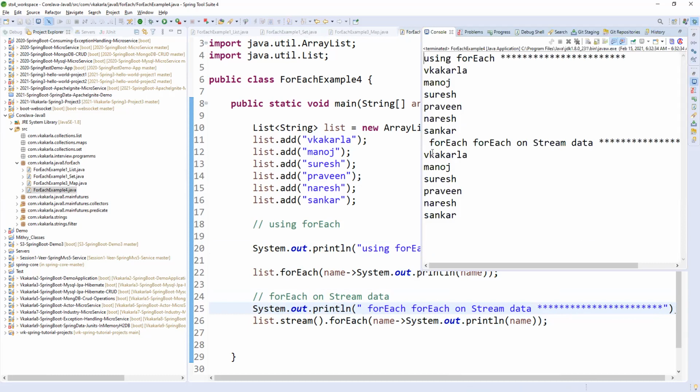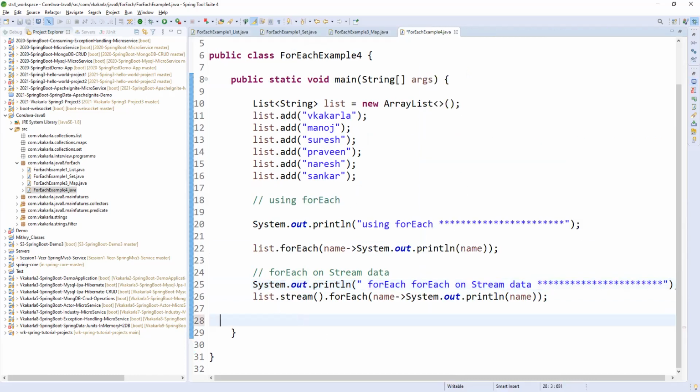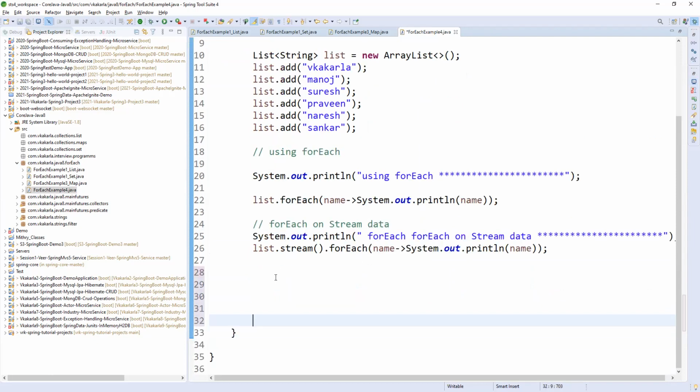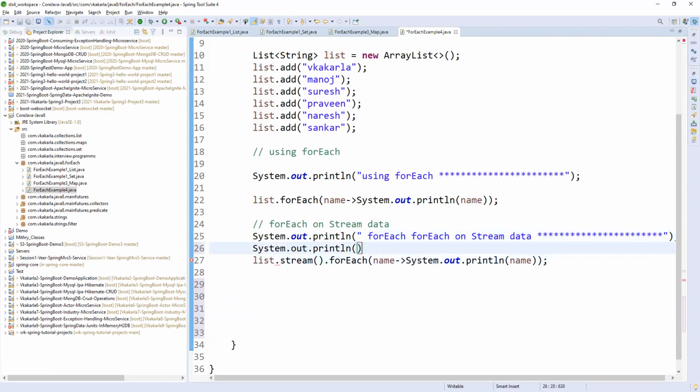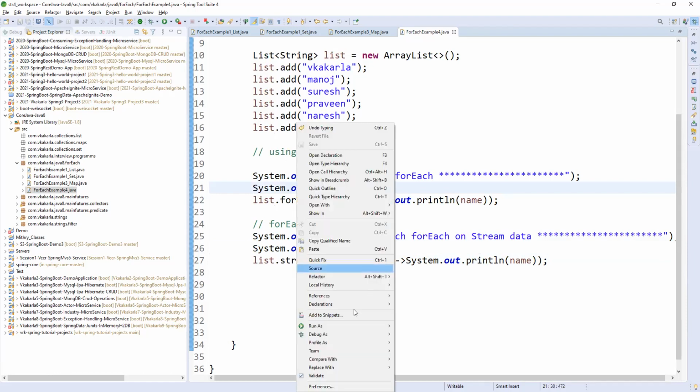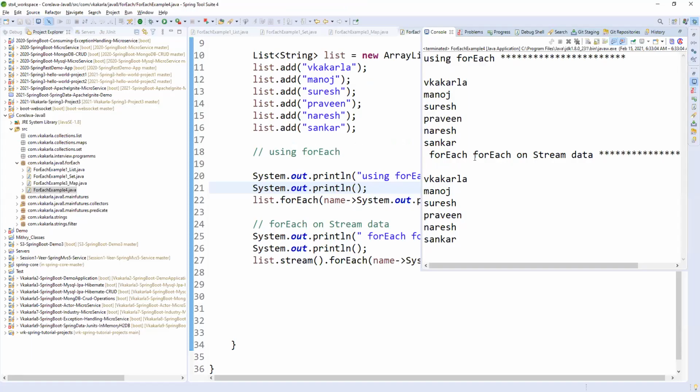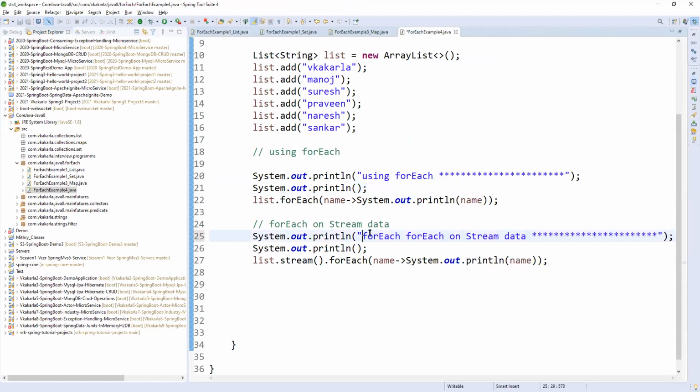For each on stream data, the order is not mismatched, we are getting the same order as before. Let me give some space, one line space, and print one more time just for clarification, using for each and using stream.